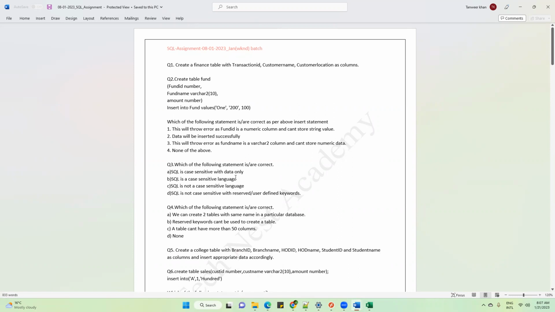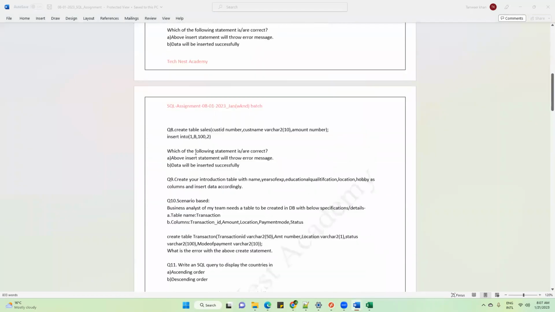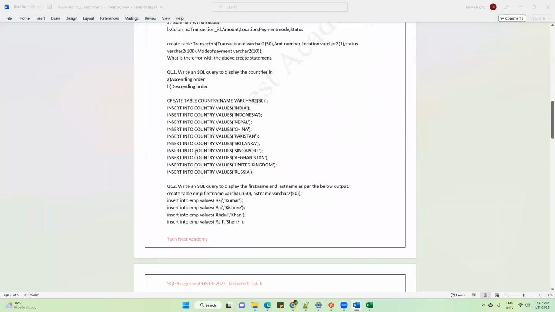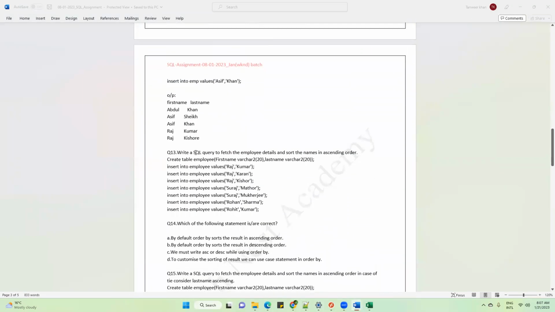So I repeat, do you have any question in this, or do you want to work on this today and discuss this tomorrow? Nitin, can you please go on mute? I will request everyone to be muted if you're not speaking. So do you have any question in this assignment, or do you want to practice this today and discuss tomorrow? What do you suggest? Yeah, Tanvir, I think we can practice it today and we'll discuss this tomorrow. Okay, fine then.